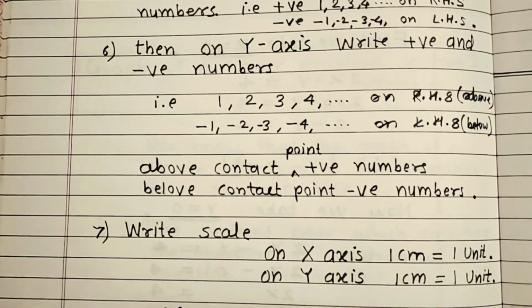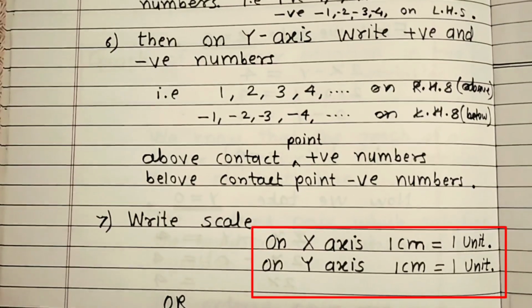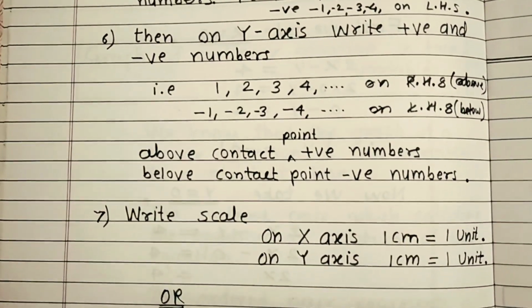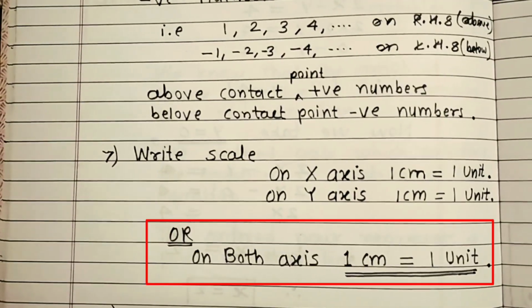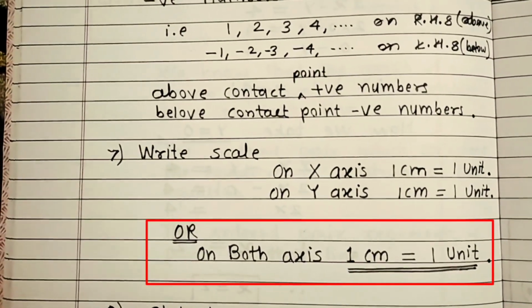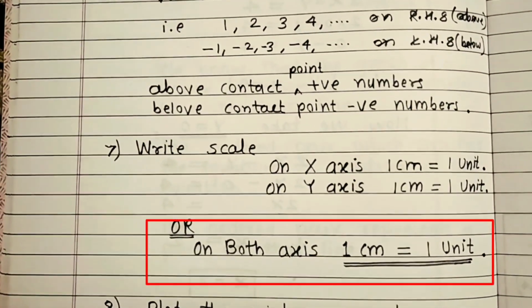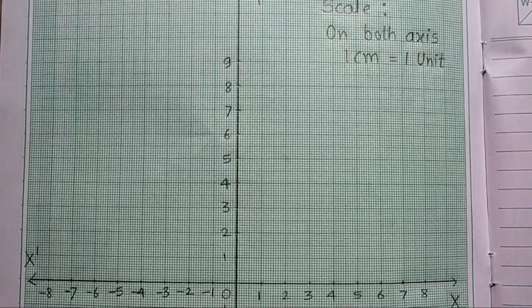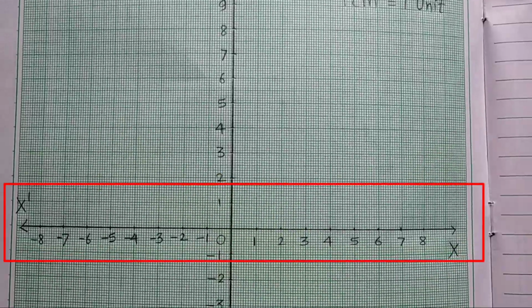Write scale on x-axis: 1 cm is equal to 1 unit. On y-axis 1 cm is equal to 1 unit. Or on both axes 1 centimeter is equal to 1 unit. Scale on both axes. X-axis,